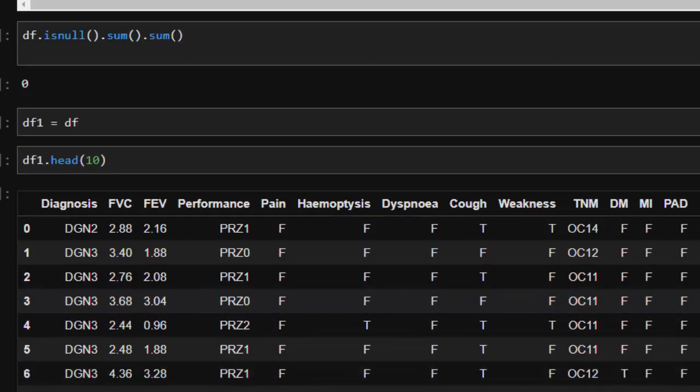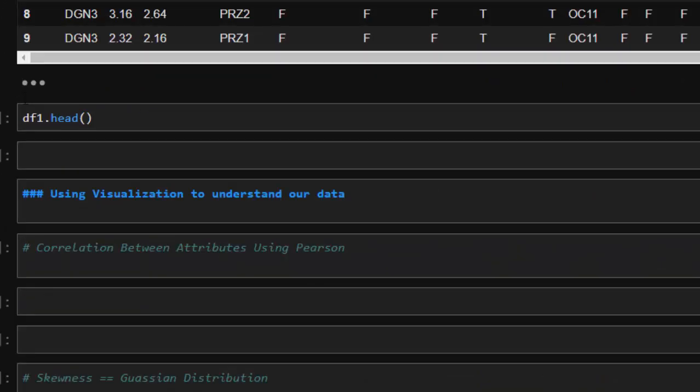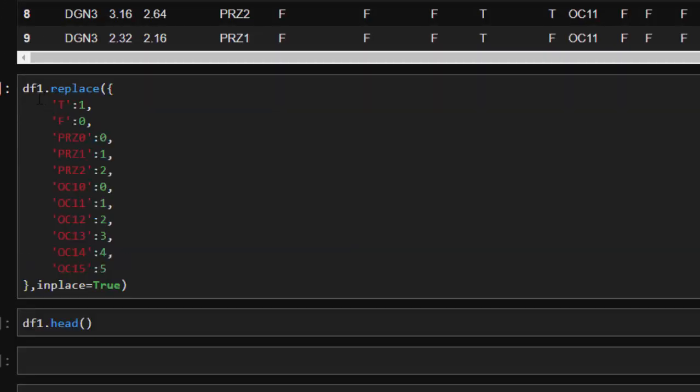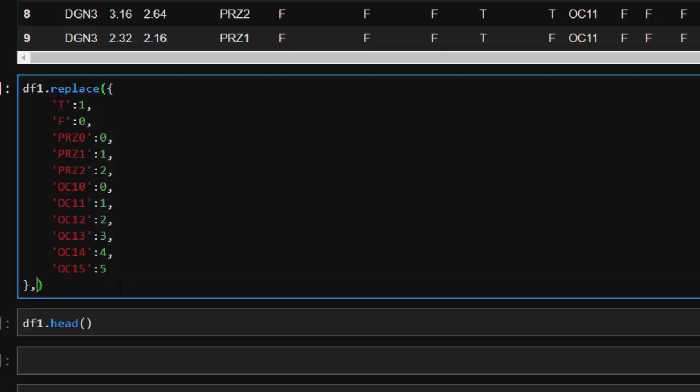So let's see how to do that. There's one simple way of doing it by using the replace, right? So df.replace, so t for true is going to be 1, and then f is going to be 0, and you're going to replace all these ones perfectly with numbers. Then you are going to bring this inplace as true. If I do it like this,